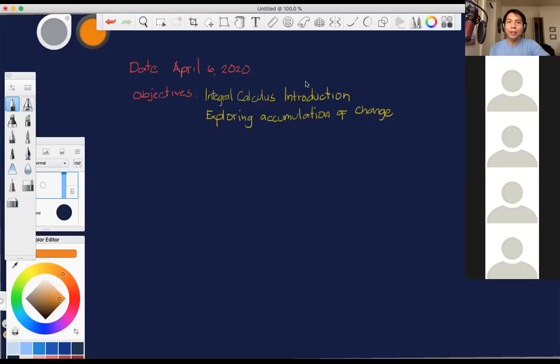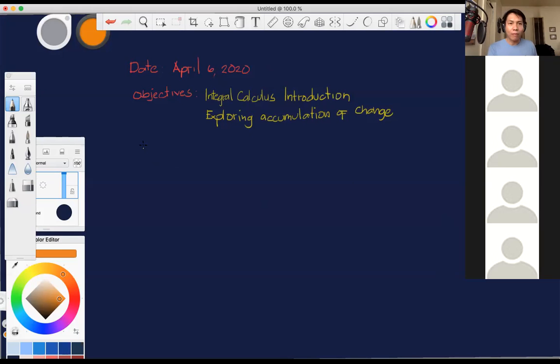Because it's a little bit simpler than Riemann sum. So we're going to be discussing more on the accumulation of change. It still is very, very similar to Riemann sum, but it's a lot simpler. I think this would be a lot easier for you guys to understand rather than going directly to Riemann